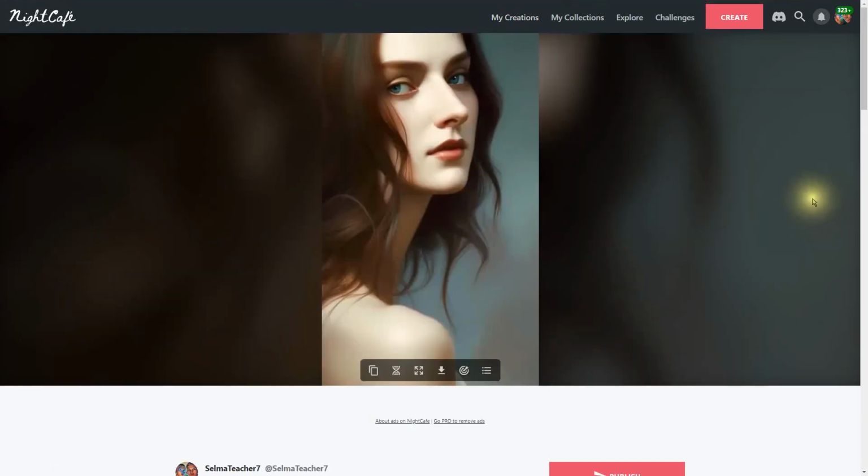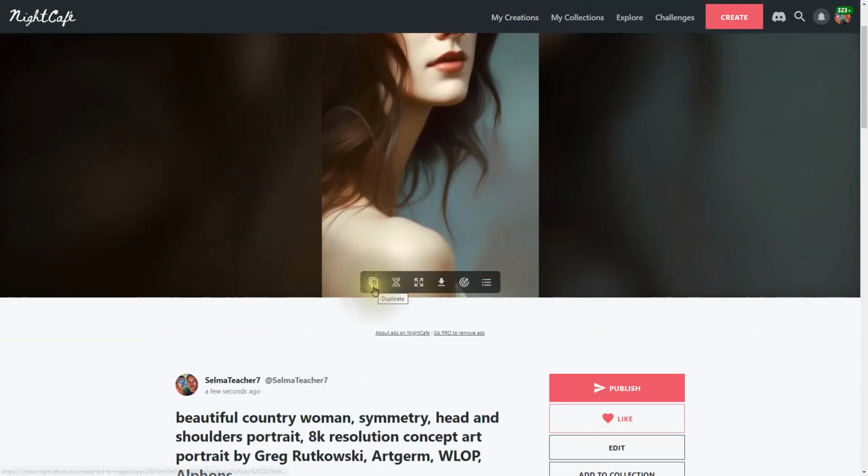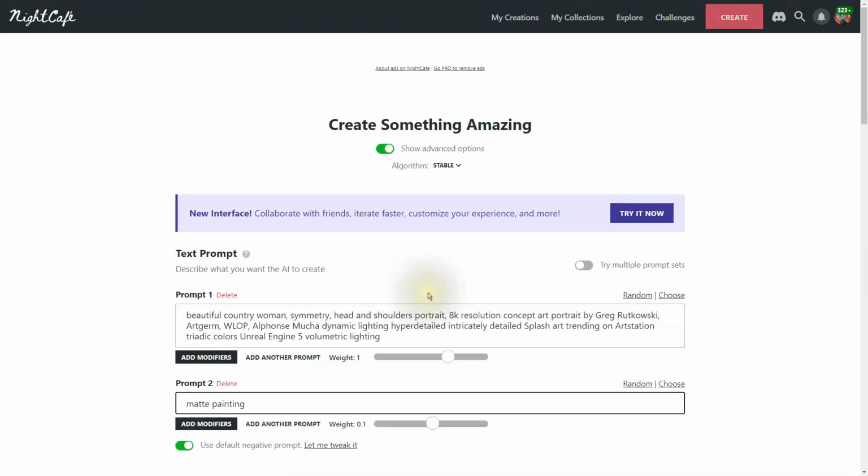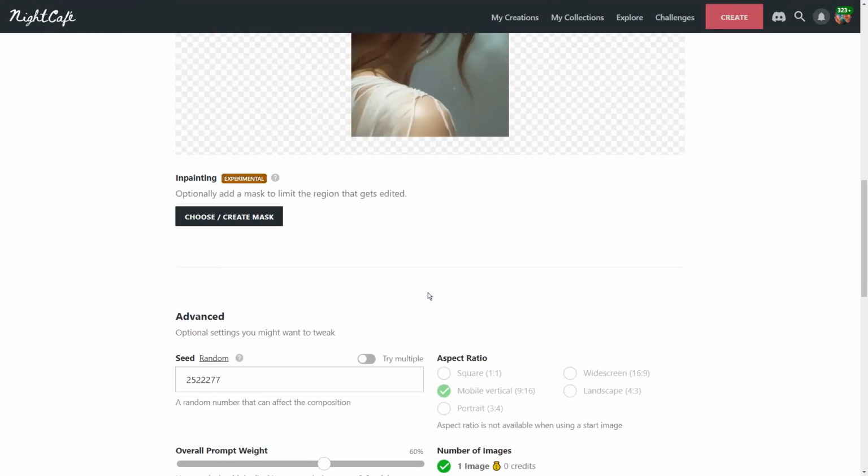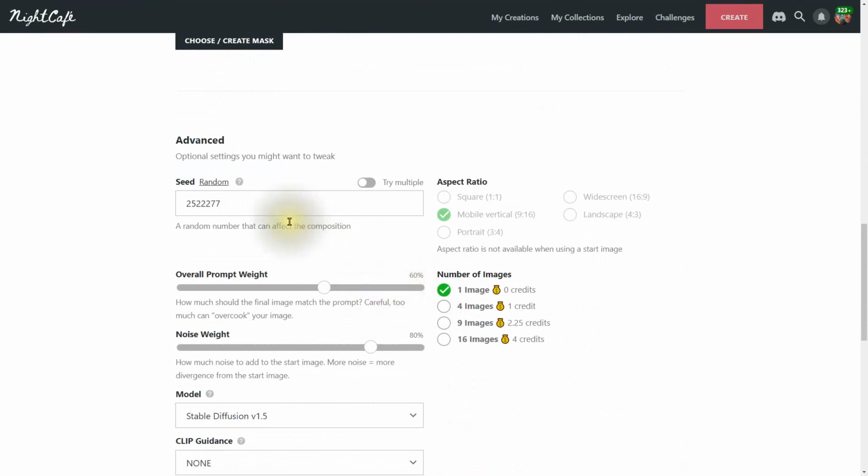Let's take this image now, and let's say I want to duplicate it. Let's change that seed number, the seed number, and the prompt weight.